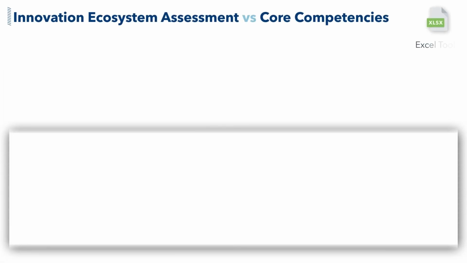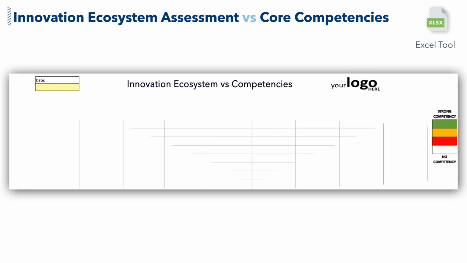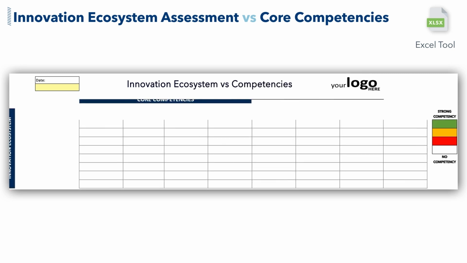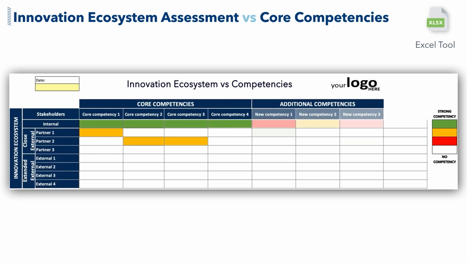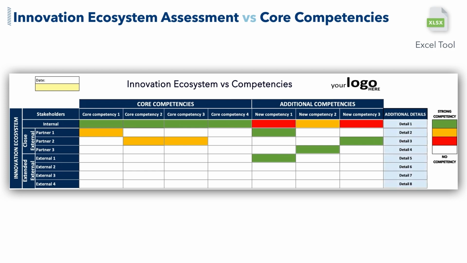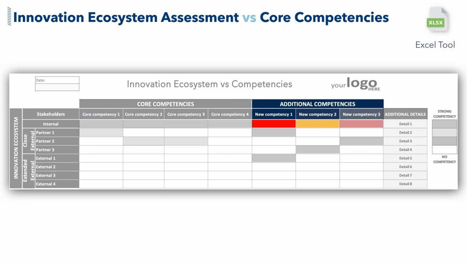Since innovation often comes with looking into unexplored fields for an organization, it is relevant to look at the development of new competencies. Here is an example of a tool that links core competencies and innovation ecosystems. In this tool, 4 current core competencies are identified. Then 3 additional core competencies are determined with the possibility to be developed over time to gain a much improved